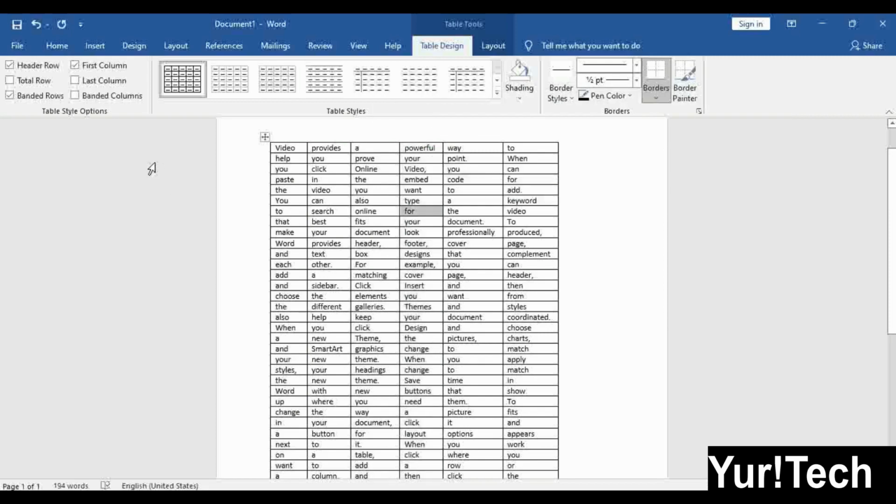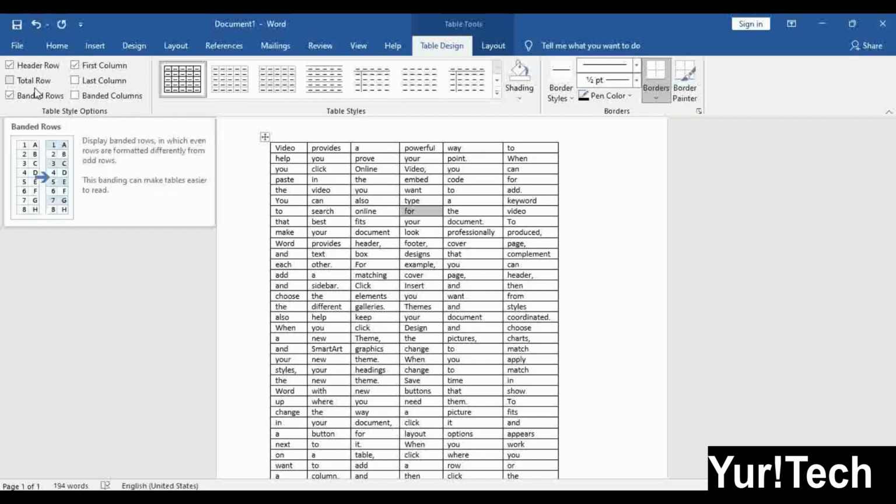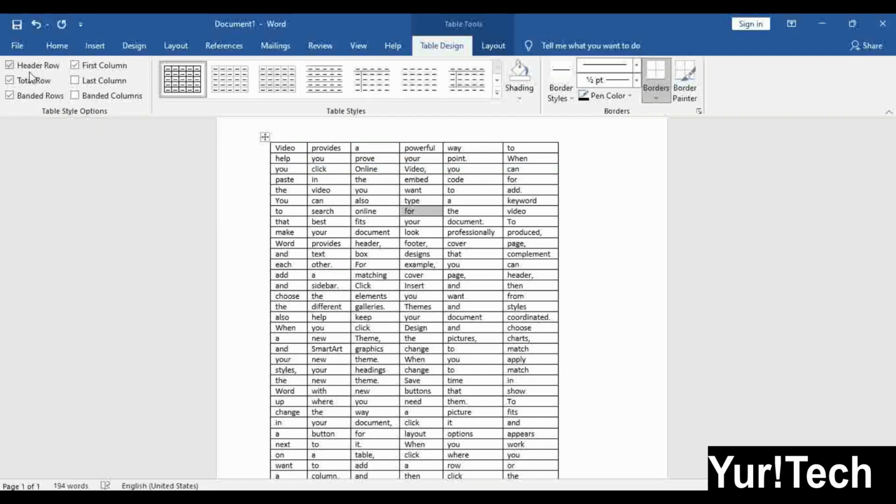So if you want any specific design for your table, you can select these. For example, if I want a header row design with color, then banded rows, and in the total row also, meaning in the last row, I want the same dark color.